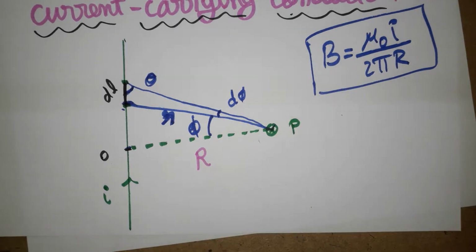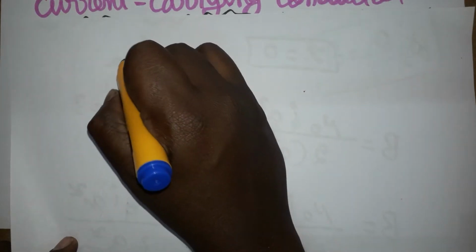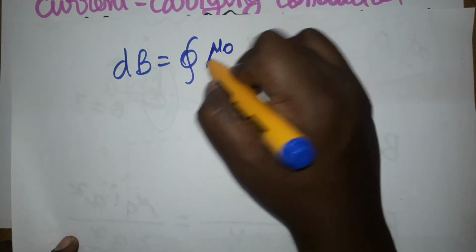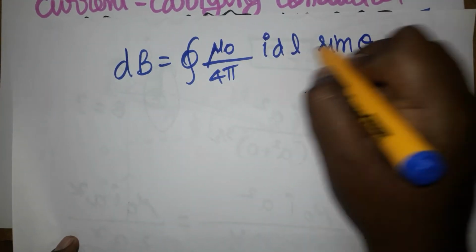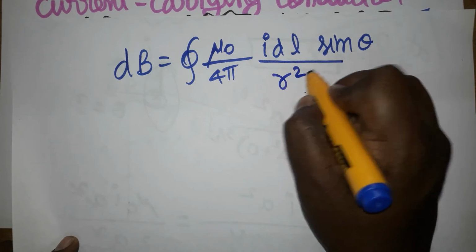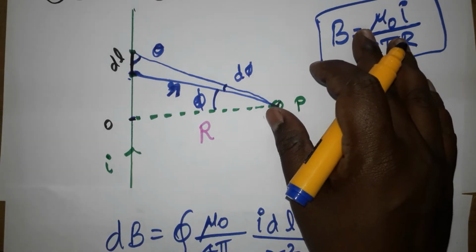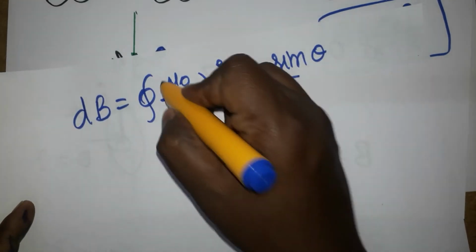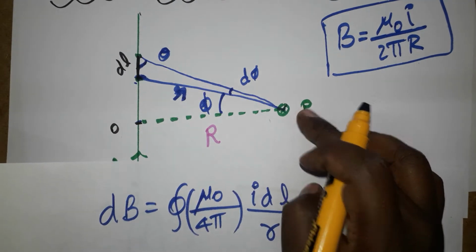So today we are going to learn how to derive this equation, the magnetic field due to a straight current-carrying conductor. I have a wire here, and the magnetic field is produced at this point. We know already by the Biot-Savart law, dB is equal to the integration of mu naught divided by 4 pi, I dl sin theta divided by r square. Using this only we are going to find the magnetic field due to the straight current-carrying conductor. We have taken a small length dl, I is the current, mu naught is the magnetic field constant, and small r is the distance of the test point.